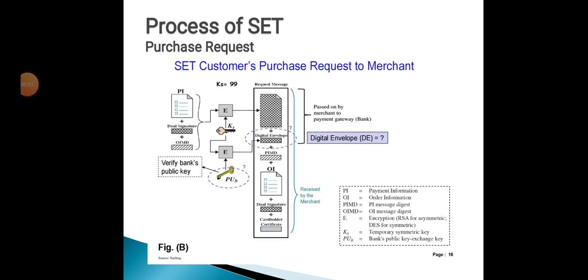Start with the initial request. The basic requirement is that the cardholder must have a copy of the certificates for the merchant and the payment gateway. You can imagine this is where the process starts, in the banks. Required are the customer requirement and the bank requirement, and the transaction between the customer and the bank. This whole process is shown in the diagram.